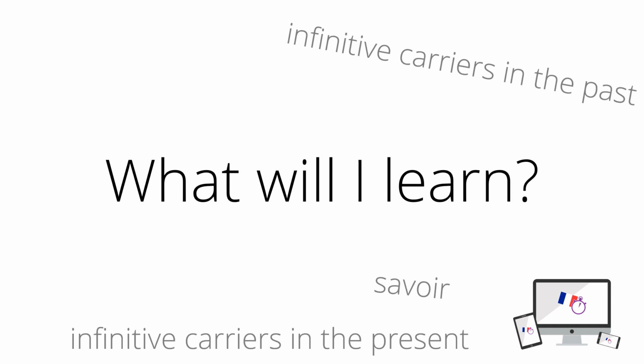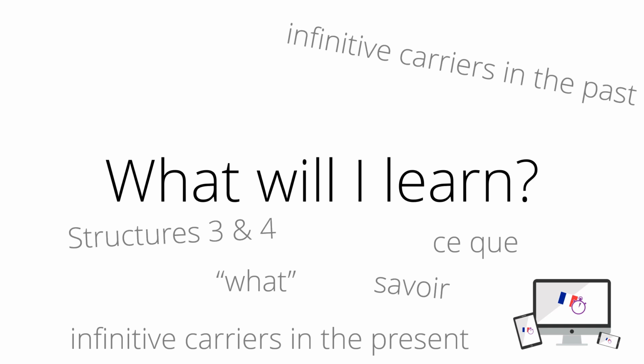In this course, we're going to be exploring the world of structures even further, as we look at the third and fourth structures in French. We're going to be going back to that unusual phrase ce que that we touched upon in the last course, and we'll be comparing it to other ways of saying what in French. The words que, quel, and ce que can all be translated into English as what. But what are the differences, and how do we know when to use each one?